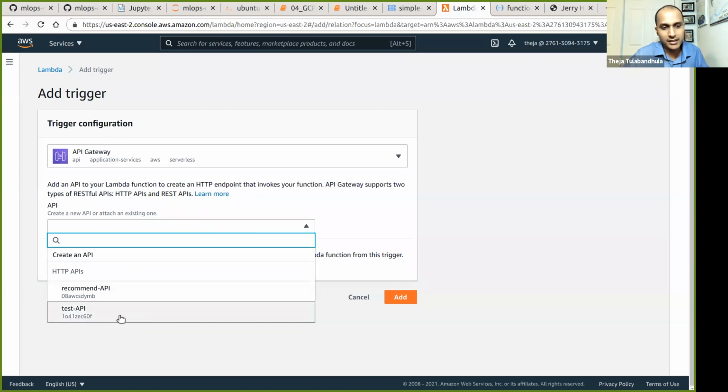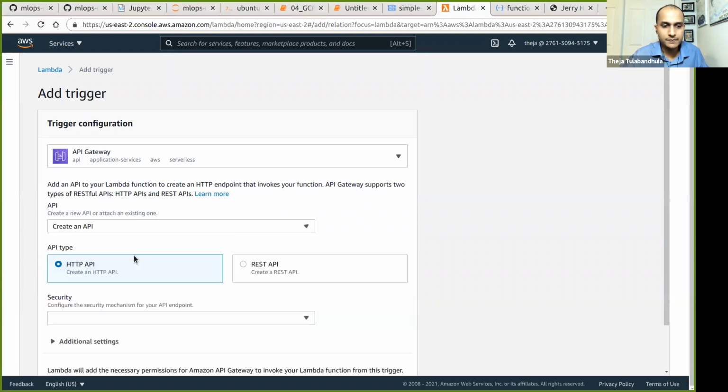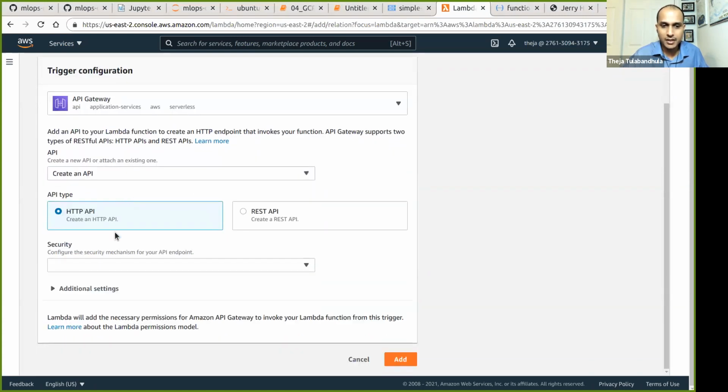Okay, so API Gateway, and there's some APIs. We just have to click create an API, and we're going to create an HTTP API. There are some minor differences between one or the other, but for demonstration purposes, we'll pick the HTTP API. And for security, we'll again pick open. This is actually not a good idea.